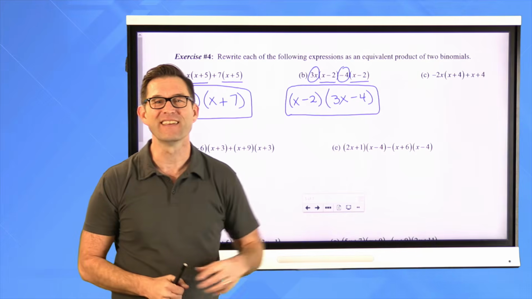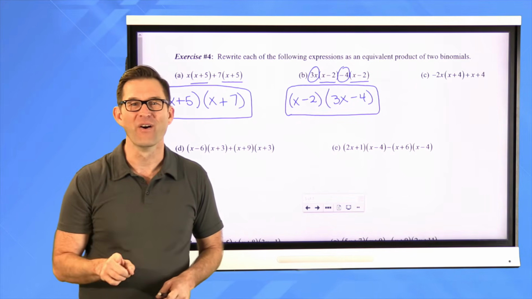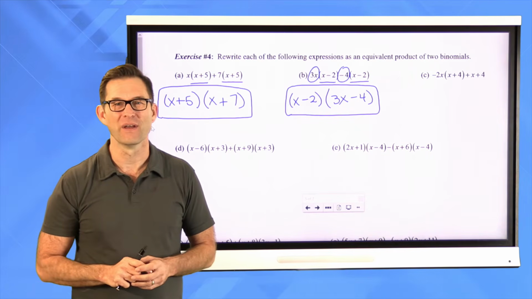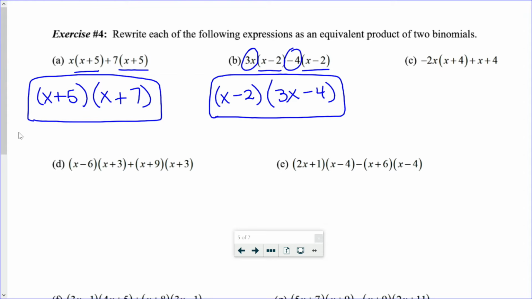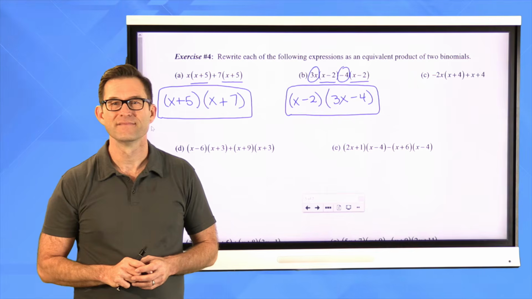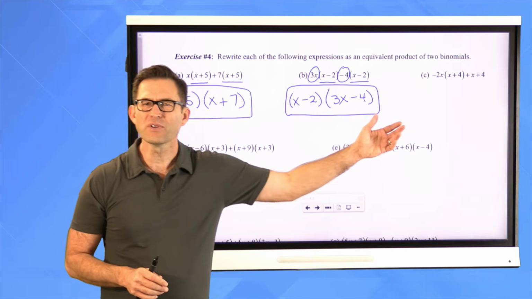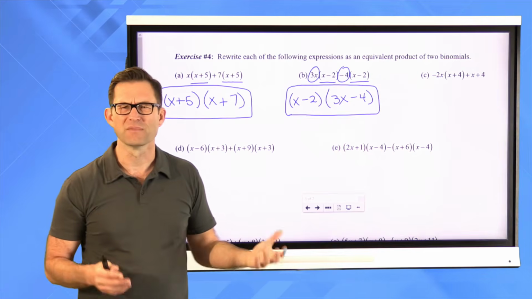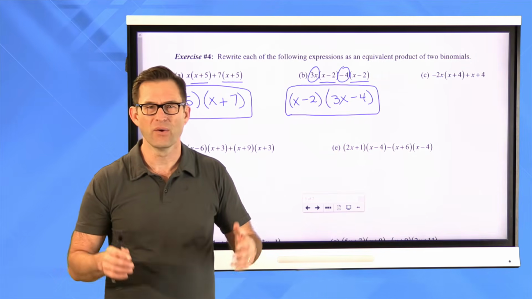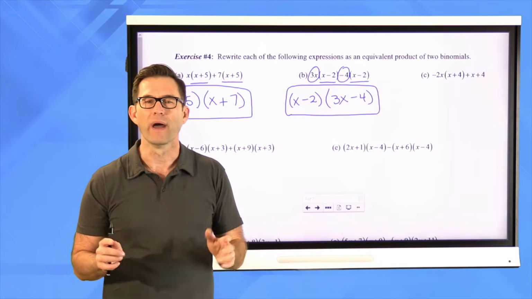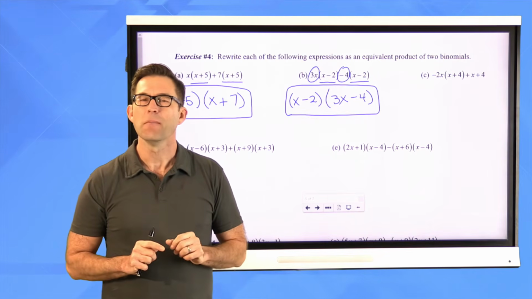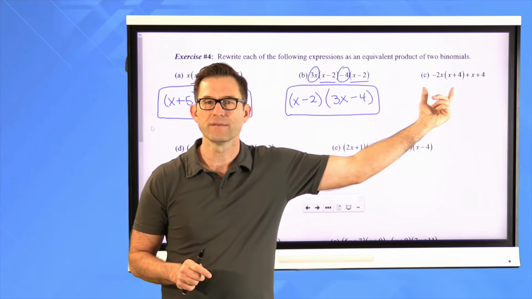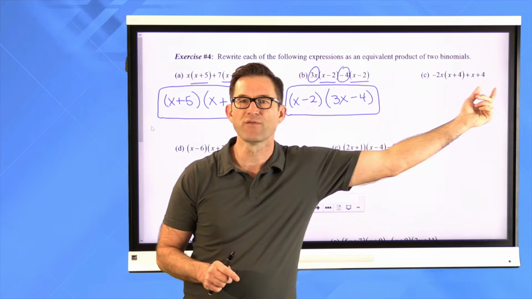Now, letter C. This one's a particularly sneaky one. So I want you to pause the video and see if you can figure that one out, because it's kind of fun and it's a little tricky. Pause the video now. All right. So in this particular problem, we have negative 2x times x plus 4 plus x plus 4. So it almost seems like it's not happening, that I don't have the same thing. But keep in mind, addition is associative, meaning that if I've got some addition going on, and I really do, because I've got this product plus x plus 4,